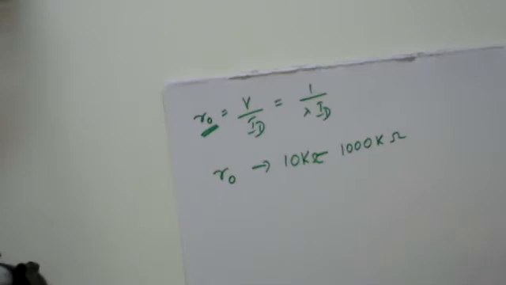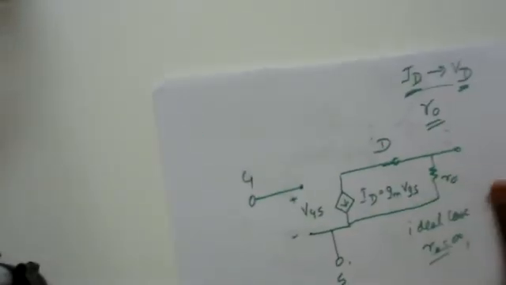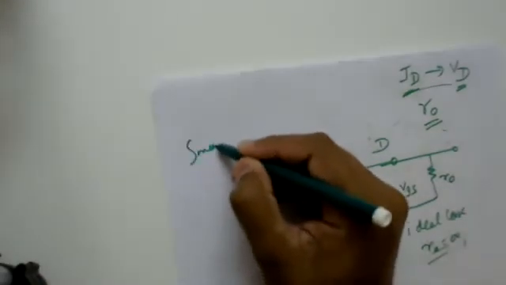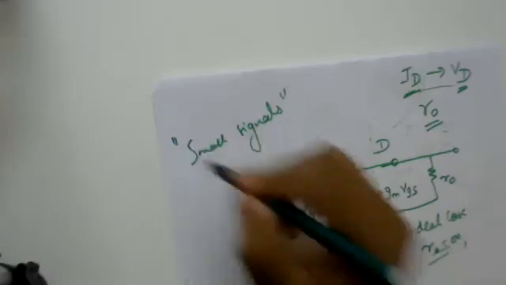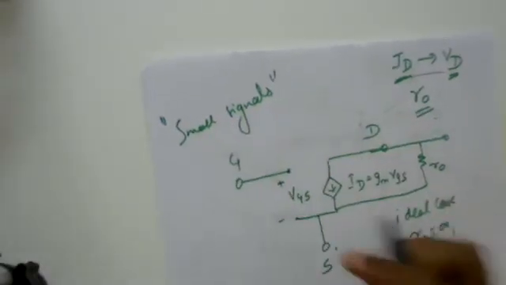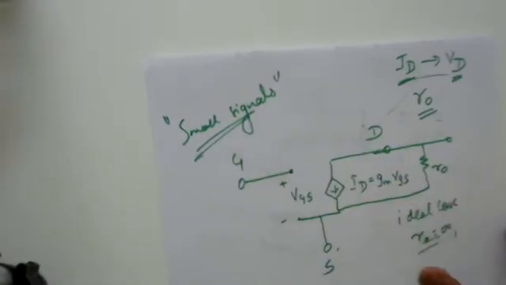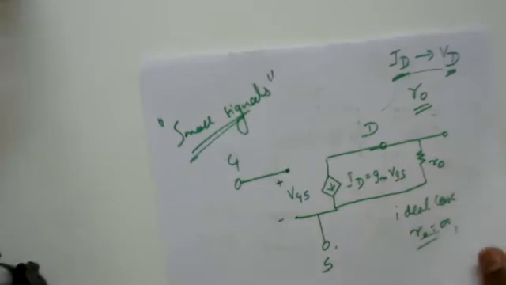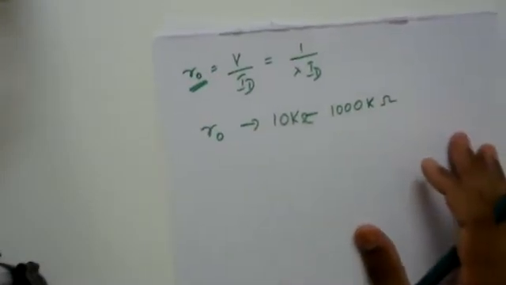Now, this is the model that you need to use for any analysis of small signals. So this is my circuitry when it comes to the small signal concept. This is what you need to remember. If I go for the modified version of my circuit, then my voltage gain equation also changes.